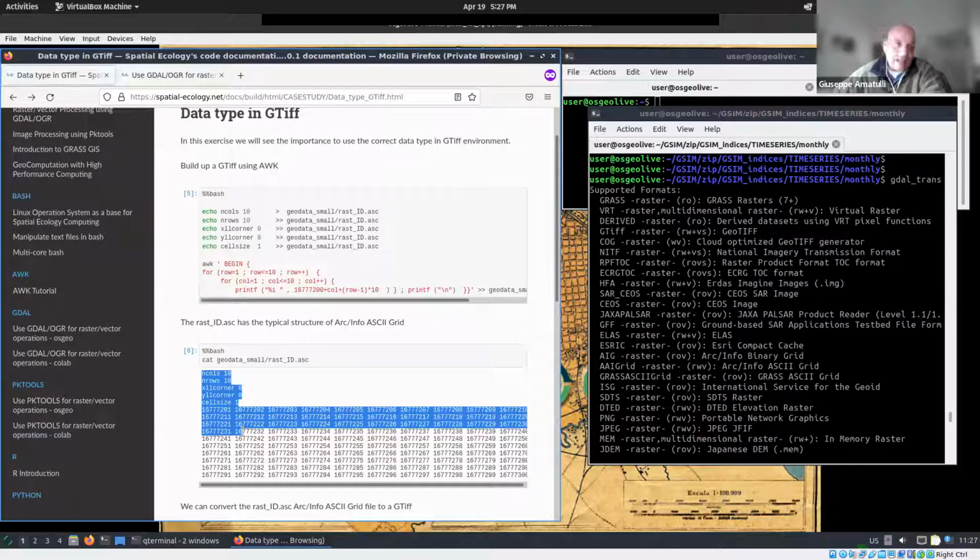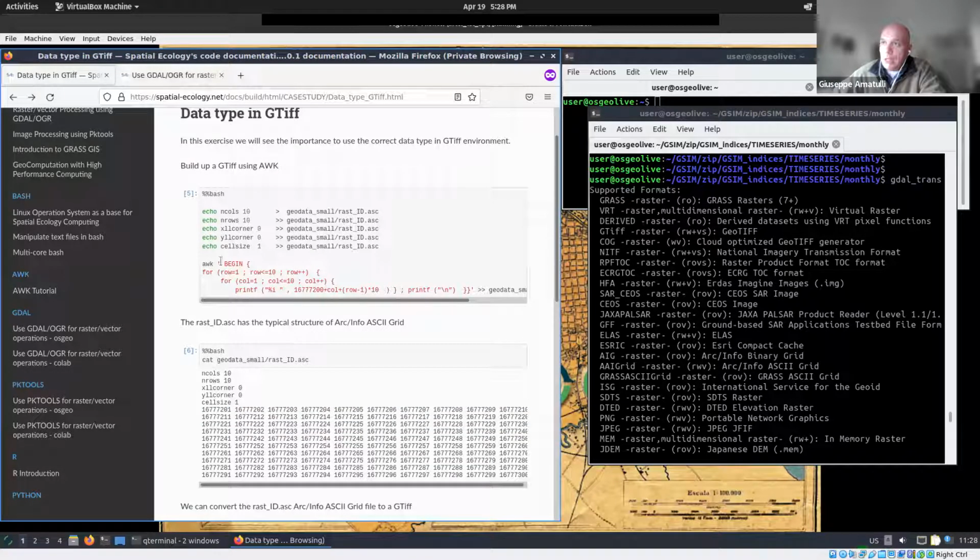So this one was one of the first raster files created from the previous Esri, and I keep using it because it's the only one that is a text file. And sometimes it's very good because you can manipulate it. You can see the number rather than the pixel, the color, maybe one by one. So by AWK,